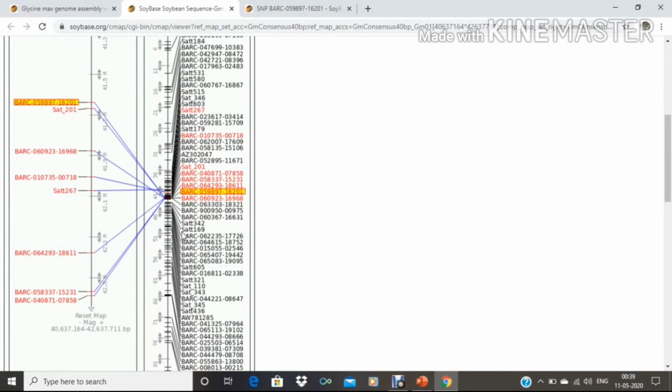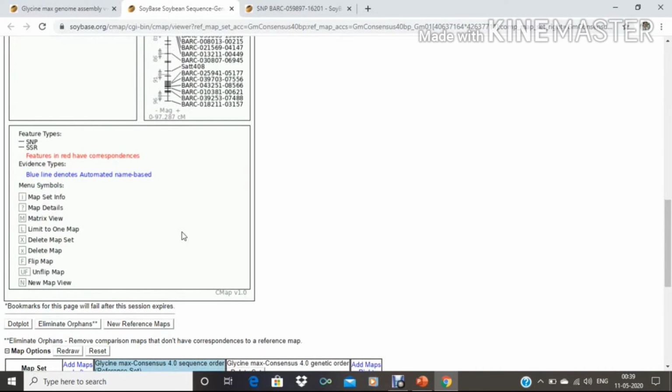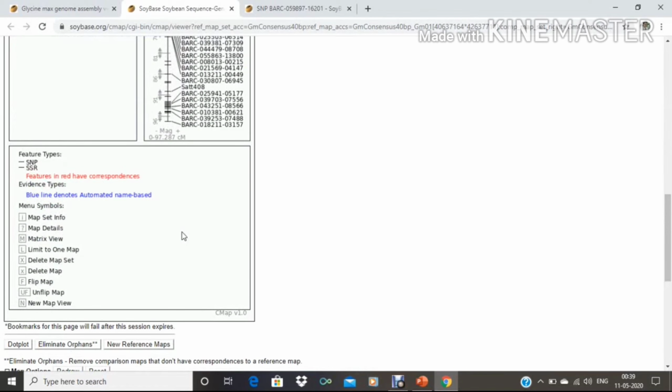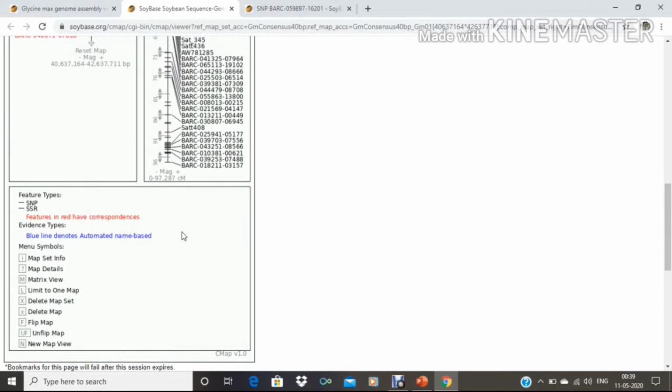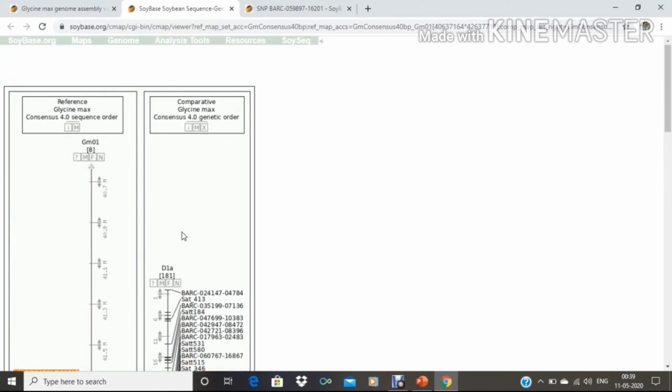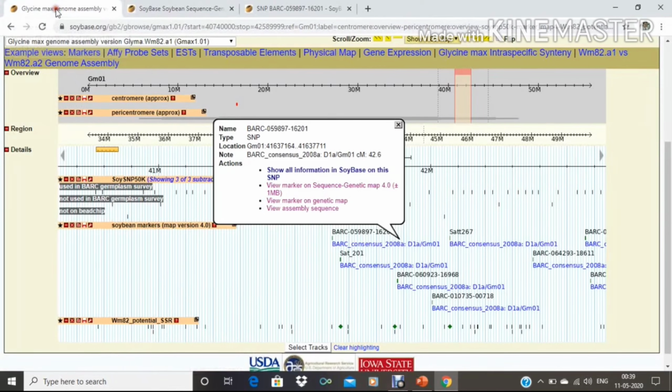Here we can see 2 types of markers. The first one is the SNP and the second one is the SSR marker. Likewise, here many symbols are used, and for each symbol some specific characters are given.